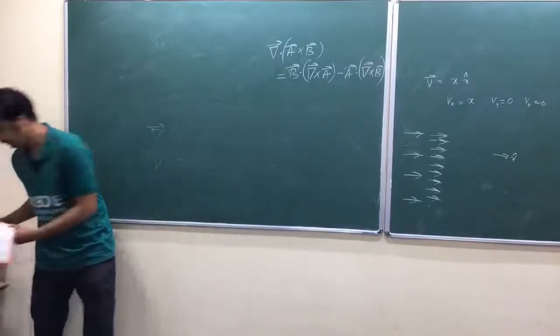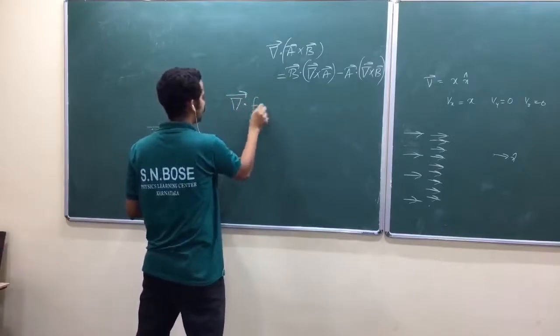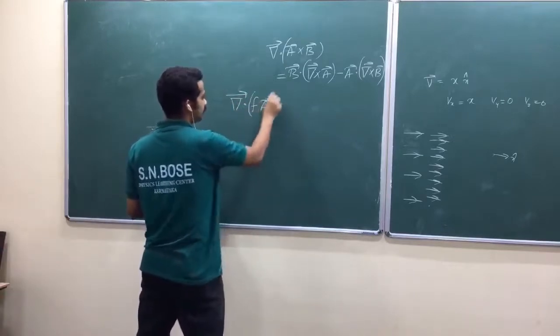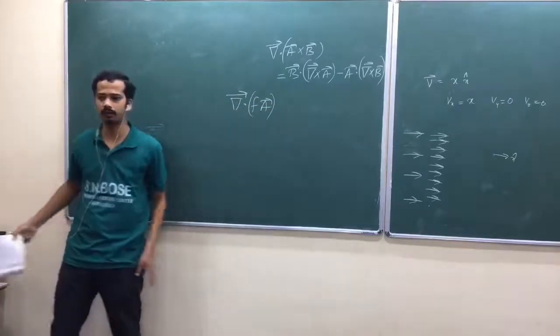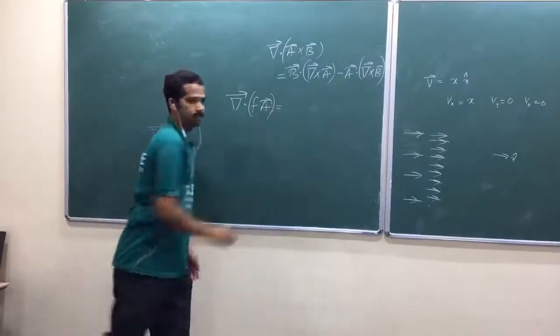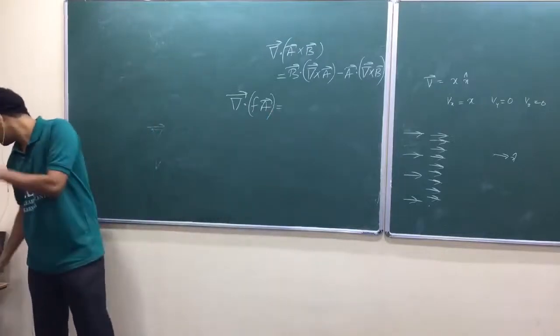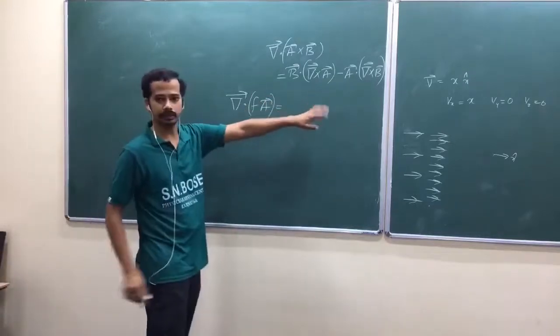Del dot f into a. Del dot scalar into vector. I mean variable. If it were constant, you could take it out. Okay, no need to worry. So it will act like a derivative. So that is equal to, this is a kind of u into v formula. Again, ultimately it should be scalar, isn't it?